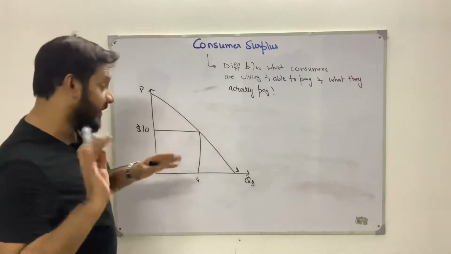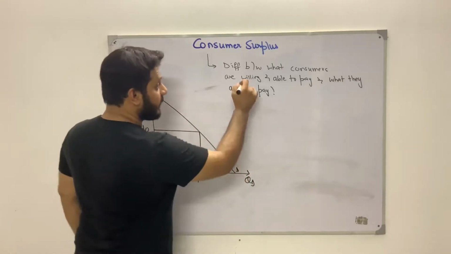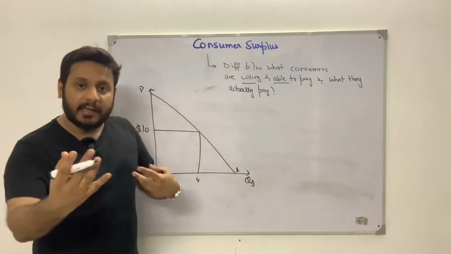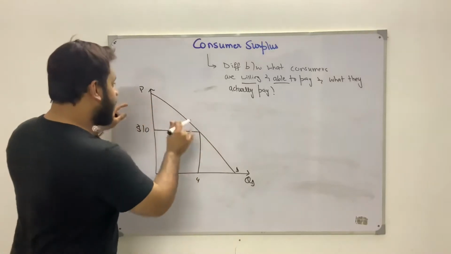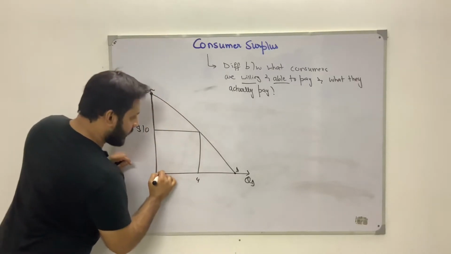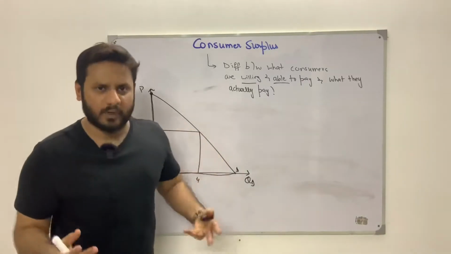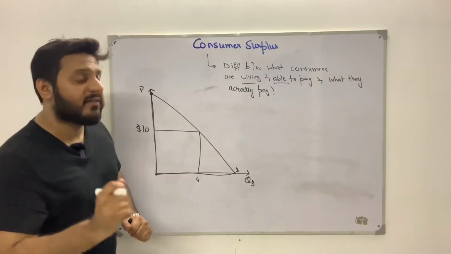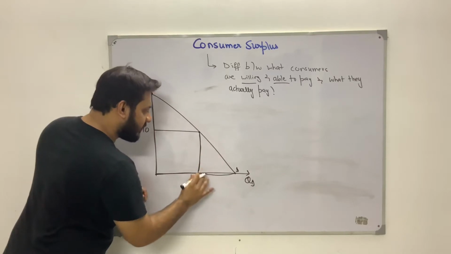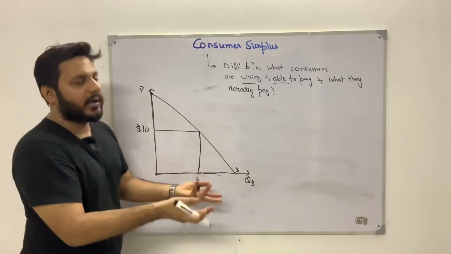So now listen to this very carefully. Remember that since demand represents the willingness and the ability to actually pay for these chocolates, I can say that the area under the demand curve, all of this area, will represent my willingness and my ability to pay for a good, right? But how many units are we buying? Since we are buying only 4 units, our point of consideration will not be beyond 4 units, so whatever this little triangle is, that's not considerable for us.